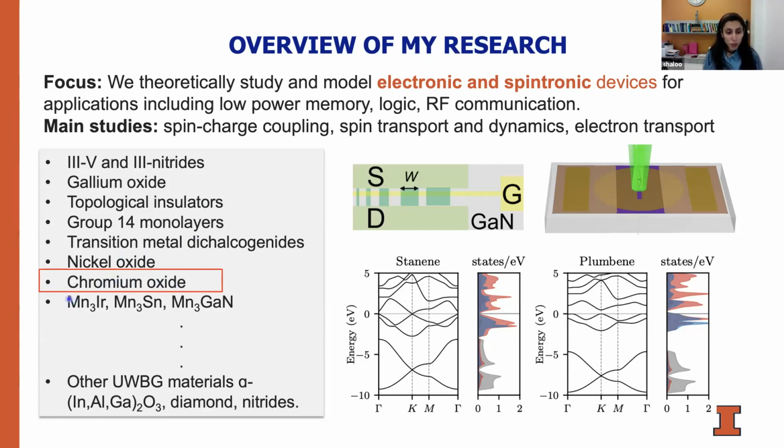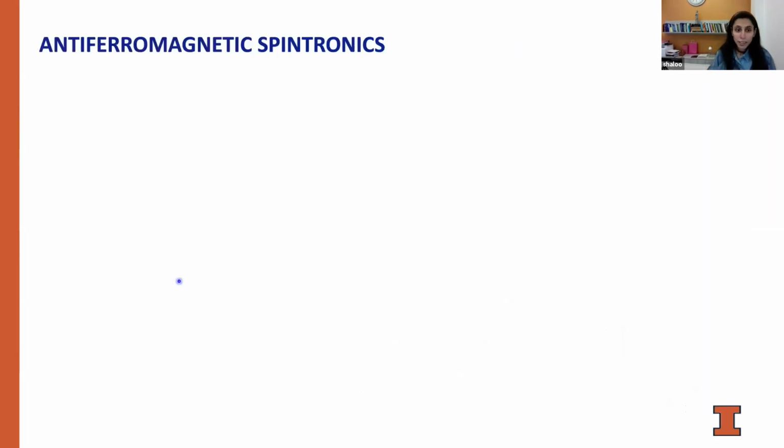We've also started looking a little bit into manganese-based antiferromagnets. These are metallic in nature, coplanar, non-collinear antiferromagnets, and they have some interesting dynamics. But as I said, chromium oxide is something that we'll be covering in much greater detail today. This is a very specific kind of material. It is magnetoelectric in nature. To set the stage for my talk, I want to very quickly summarize the interest from the community